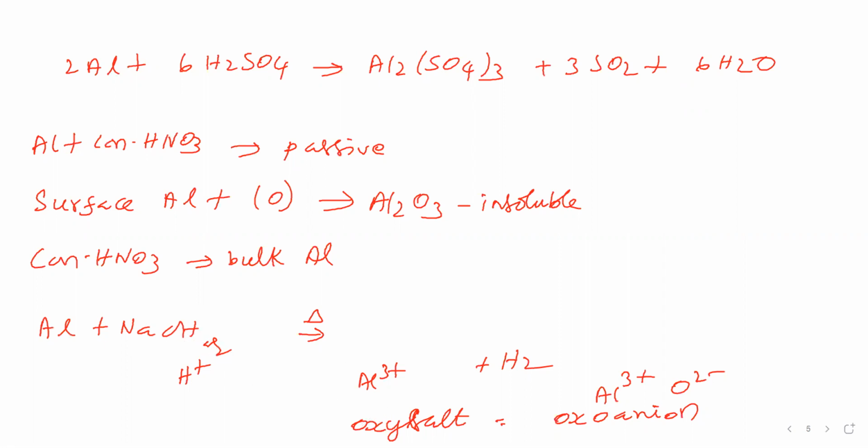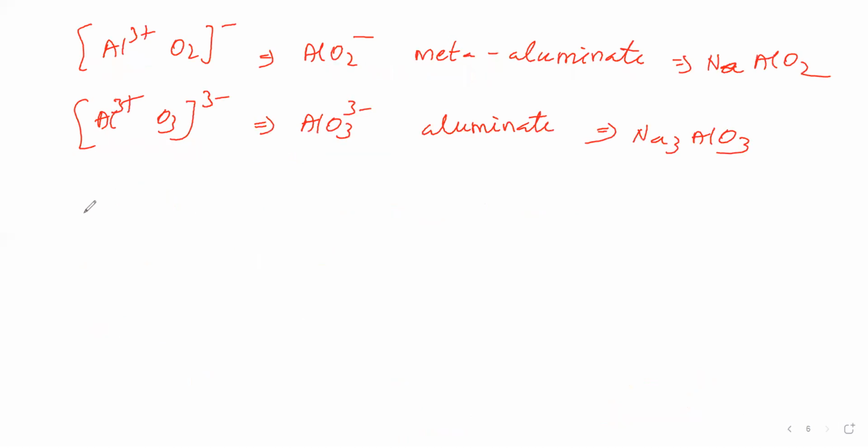Okay, one way is writing the oxy salt. Another way is this aluminum ion takes an OH- from this sodium hydroxide, like this we have to consider. That's what we said, it is aluminum hydroxide. This aluminum hydroxide is what? Amphoteric. Therefore, it will react with which one? Sodium hydroxide. So it is reacting with the sodium hydroxide.